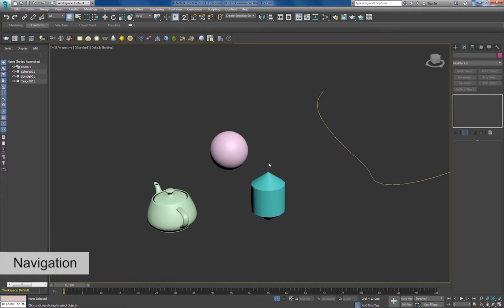Let's go over the navigation tools. I would recommend using shortcuts instead of icons. I mean, you can always go over the icons, look them up, or go over the menu, but it's a much better practice to use the shortcuts and remember them. Of course, it's a bit annoying when you change from one software to another, because then you're using the shortcuts